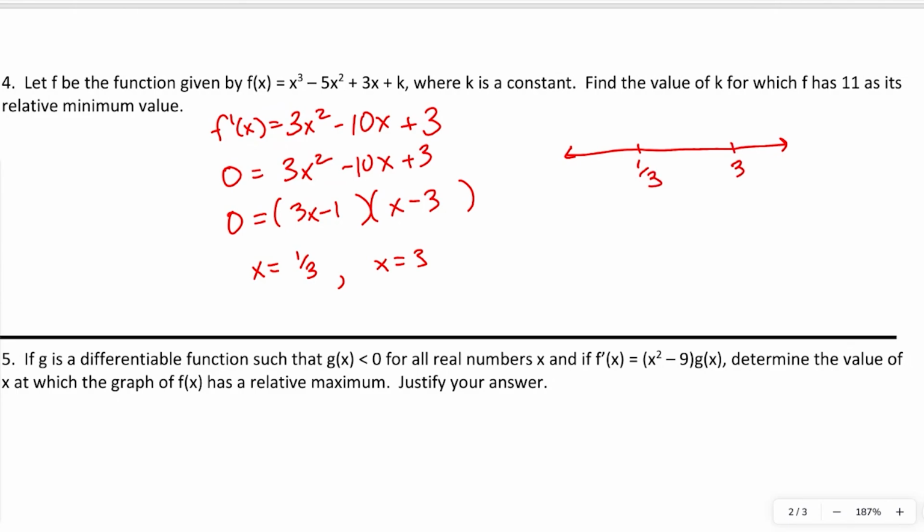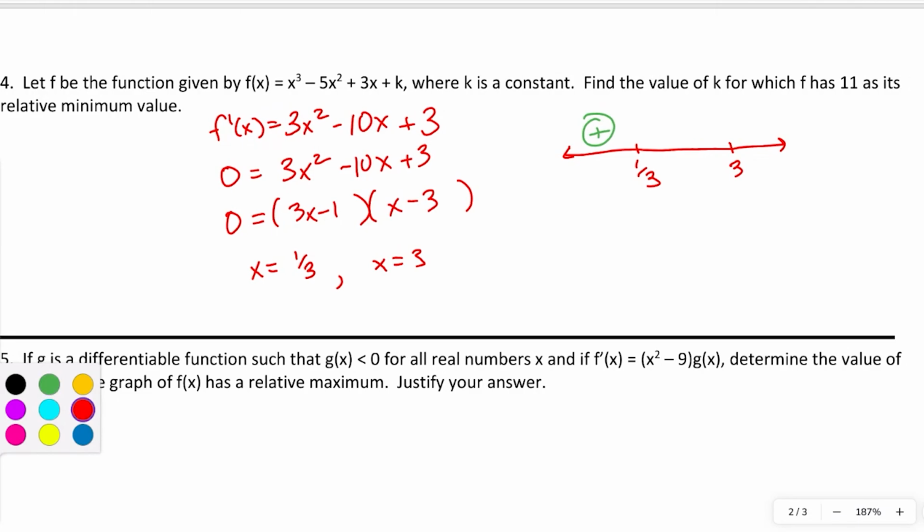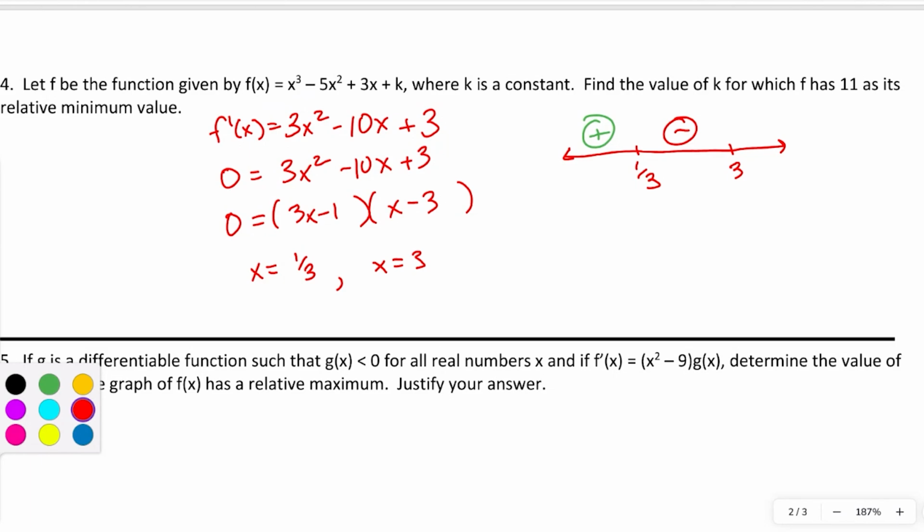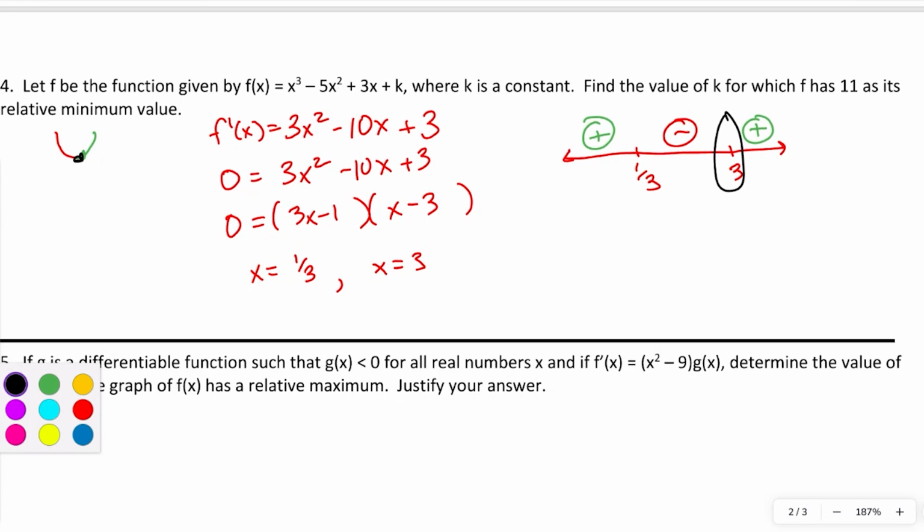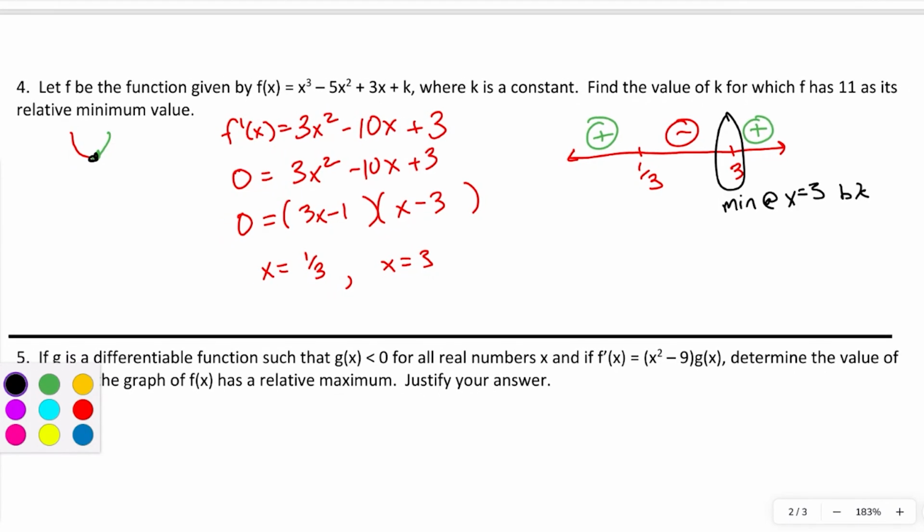And if I plug in a number like 0, I'm going to get a negative times a negative, which is positive. So in this first interval, I know the slope is positive. If I plug in a number like 1, I'm going to get a positive times a negative, which is negative. And if I plug in a number like 10, I get a positive times a positive, which is positive. So a minimum value is where you have the slope changing from negative to positive. So that's happening here at 3. So we've got a minimum at x equals 3 because the slope, or f prime,